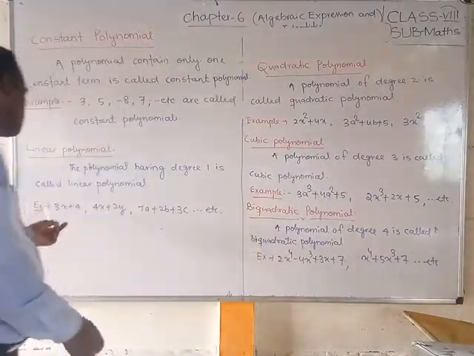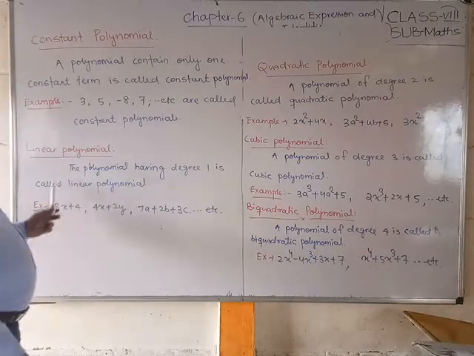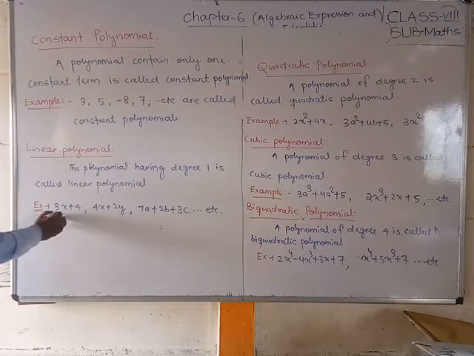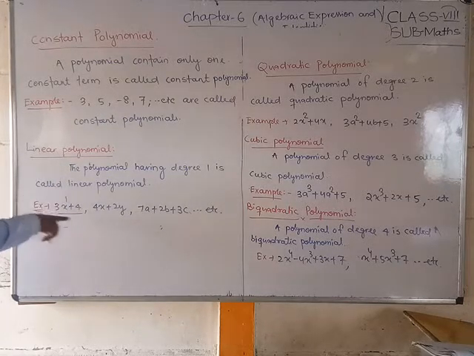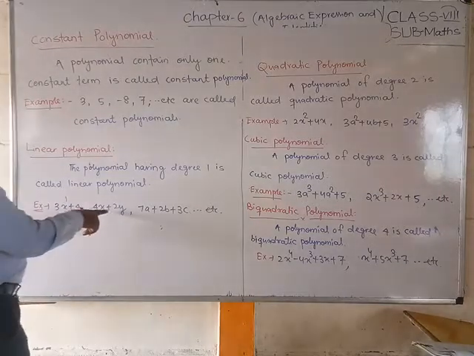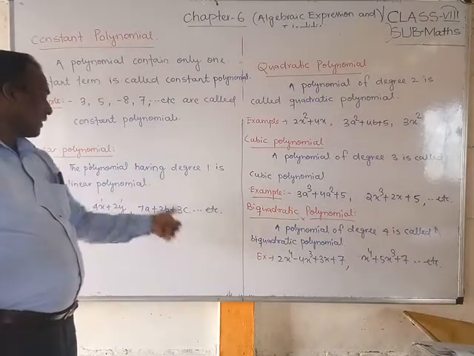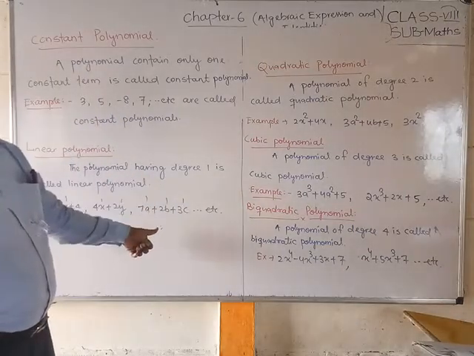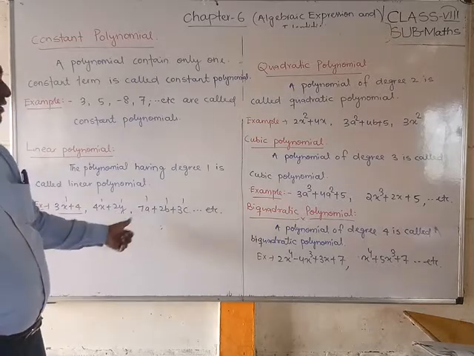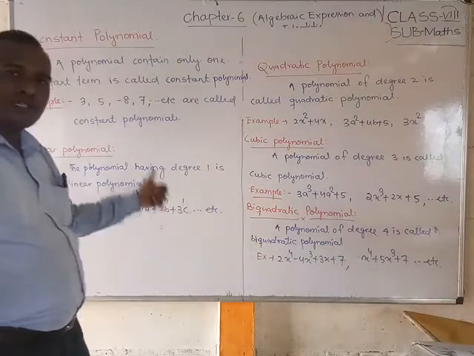So let us see examples so you can understand. How can we identify a linear polynomial? A polynomial having degree 1 is called a linear polynomial. Observe, friends, the example I have written, 3x plus 4. The degree is 1 because the power is 1. The highest power of each term is 1, with only one variable. Here also 2x, one term, highest power 1, so it is also a linear polynomial. Here there are 3 terms, but the power of every term is only 1, so it is also degree 1. So all of these are linear polynomials: linear polynomial in 1 variable, in 2 variables, in 3 variables.